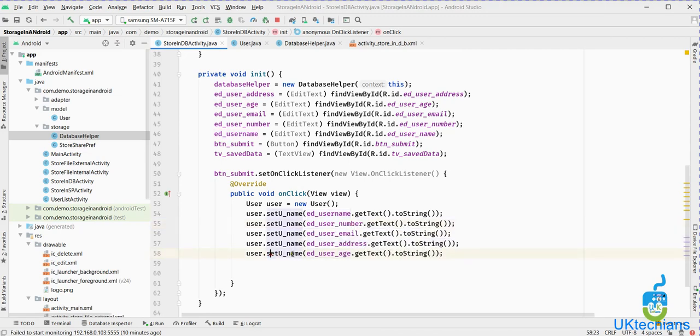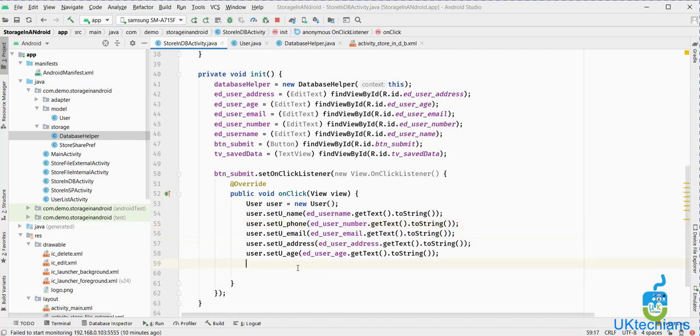Now similarly we will do here age, then address, then email, and last will be phone.